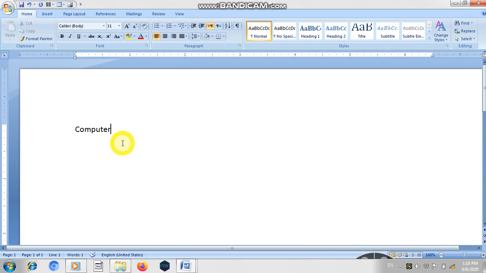Okay, as I type here, a computer. So first of all, how you can make it bold, italic and underline. You just have to click here and drag backward and then drop, and then you have to apply bold here. As you can see, all the text is going bold. It looks darker than the first one. Now you just have to apply the italic.